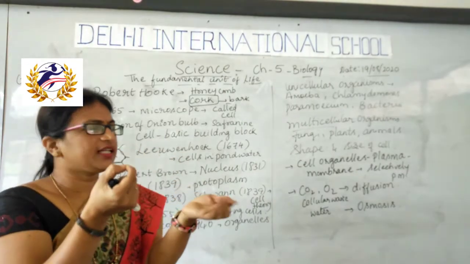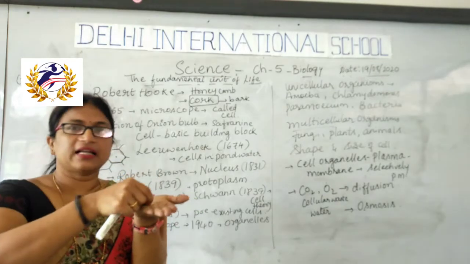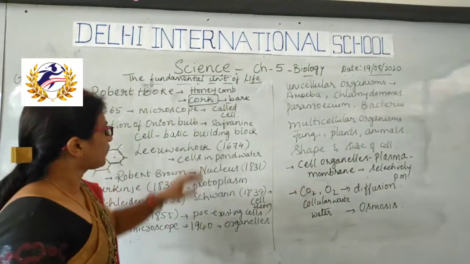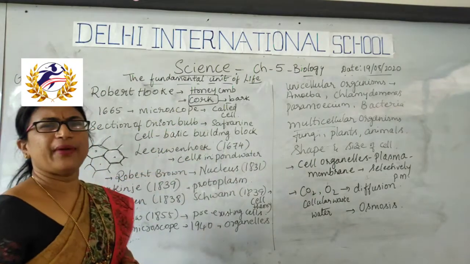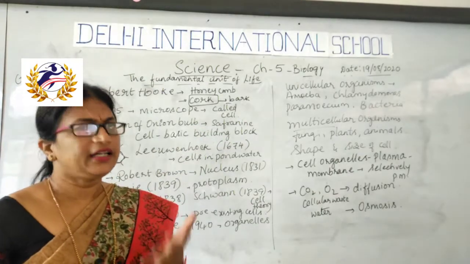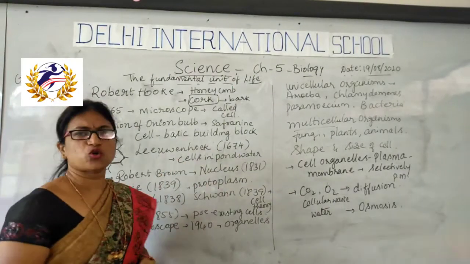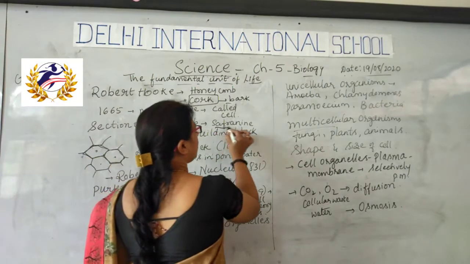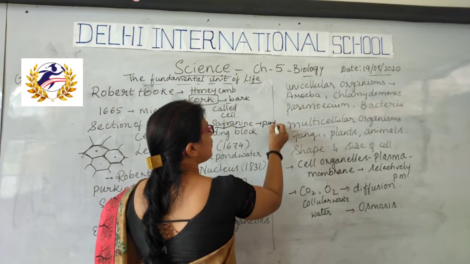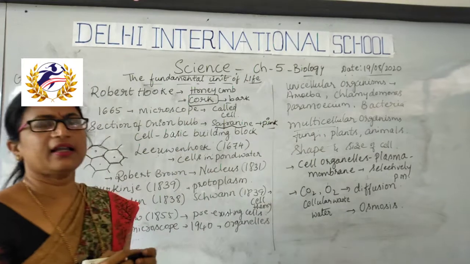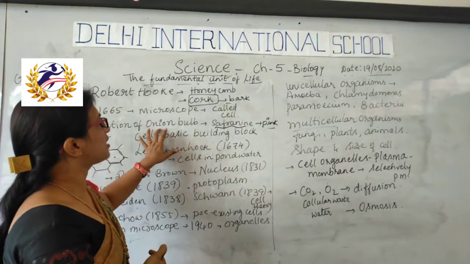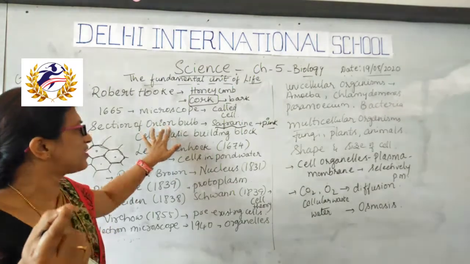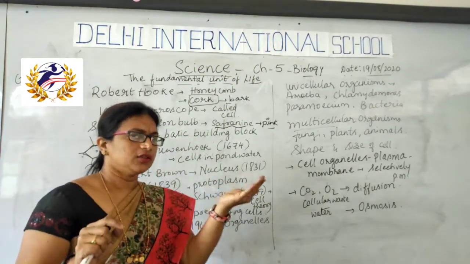Take that section and keep it on a glass slide, and use a drop of safranin stain. Because this onion bulb is a pale pink or white color, when we put it under the microscope, we cannot observe it clearly. That's why we put the safranin, which is a pink color stain. So one drop of pink safranin stain is put on the thin section of the onion bulb present on the glass slide. Then put a cover slip.